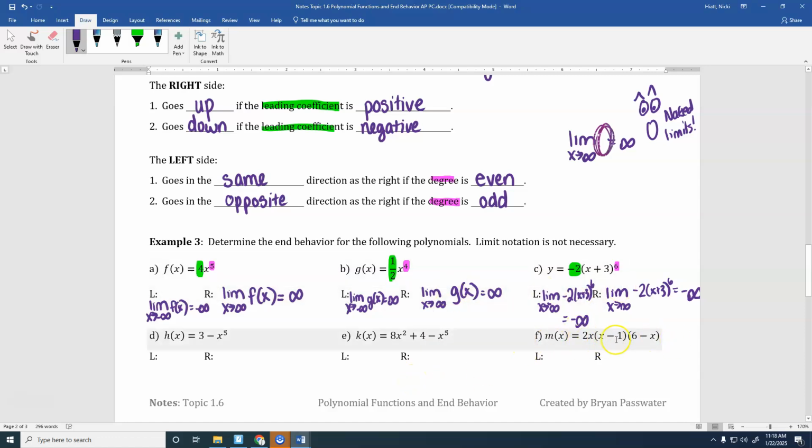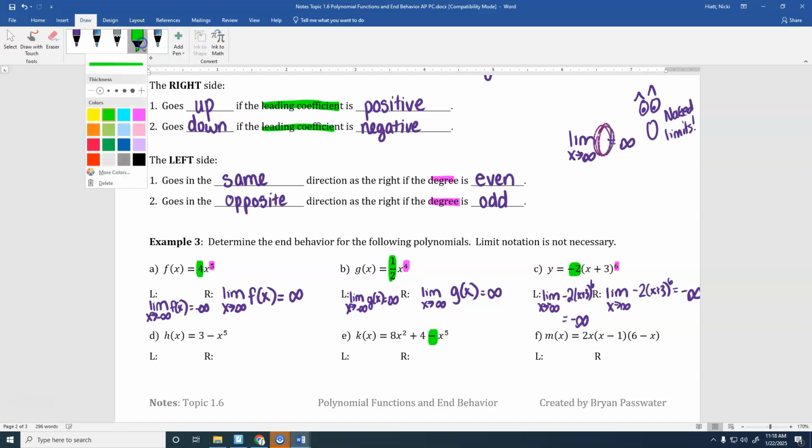Something like F, I don't have time to do it, but what would you have to do for F? You would actually have to multiply F out before you can tell, because it is not written in standard form. If I look at E right here, it's not in order. Here is your leading coefficient. Here is your degree. So I'm not going to do limit notation because of the time. The right side would be negative infinity. You got an odd degree. The left side would be positive infinity for that. Okay? And so we are out of time to go over this, but